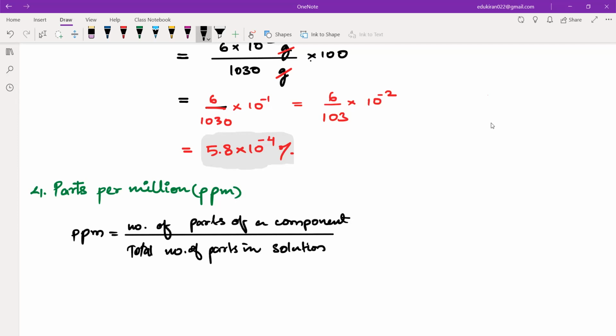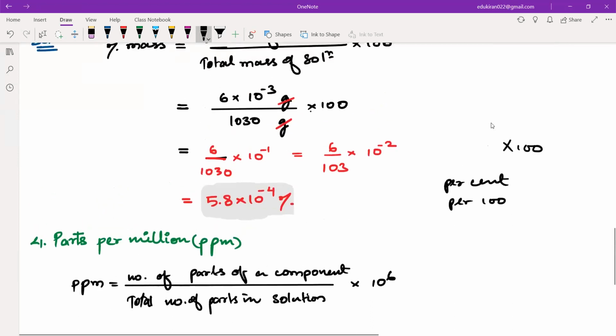Okay, so it is very similar in terms of parts. You can write volume or mass, both. So part is just used for generalization, and percent was per cent, that means per 100, and in this we multiplied by 100. Here we have per million, so we'll multiply by million, which is 10 to the power 6. Now if you do this question here,